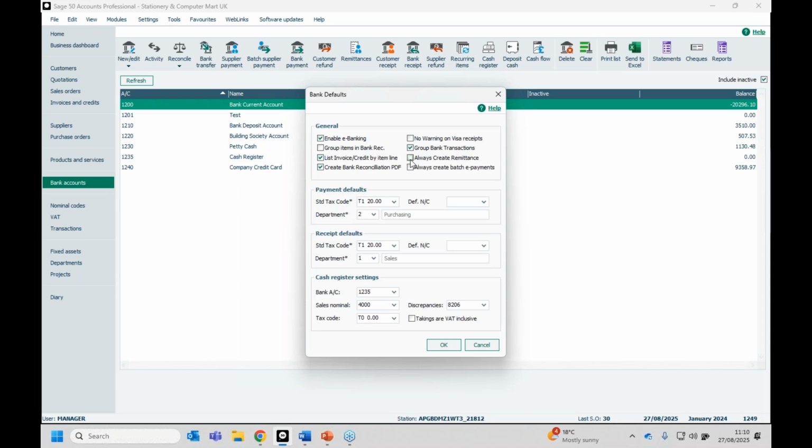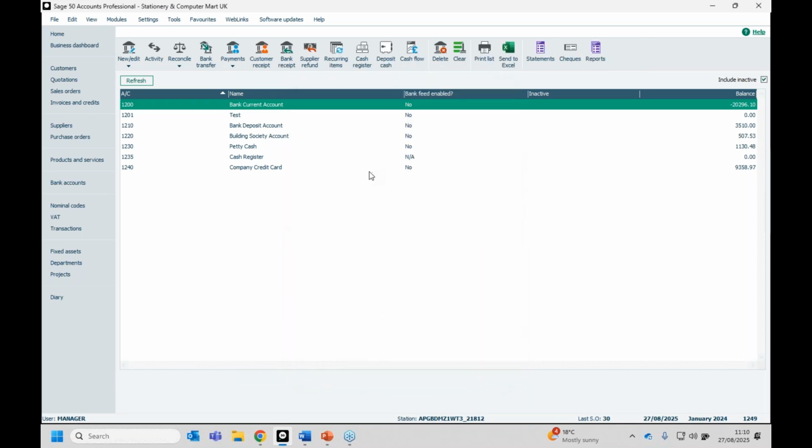And then you've got the two options here now. This bottom option will only show if you have e-banking ticked. If it doesn't have it ticked, it won't show. But what you can do is you can tick so it always creates remittances when you create payments, and you can have it so it always creates batch e-payments as well. So click OK. If I then go into my batch supplier payment window,